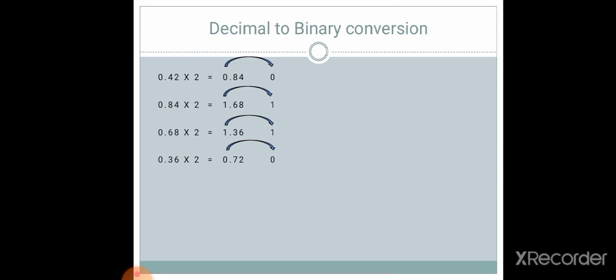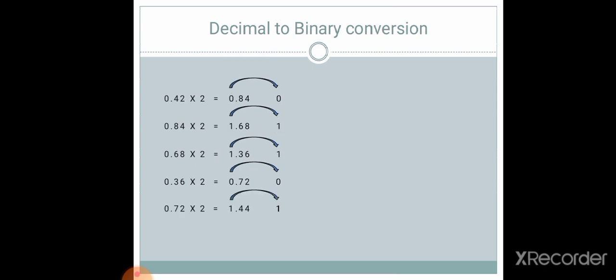Again you have to copy 0 at right hand side. So remaining number is 0.72. Again you have to multiply 0.72 with 2. So 0.72 into 2, the answer is 1.44. So you have to write 1 in front of your answer. Means you are simply picking up the numbers which comes before radix point,